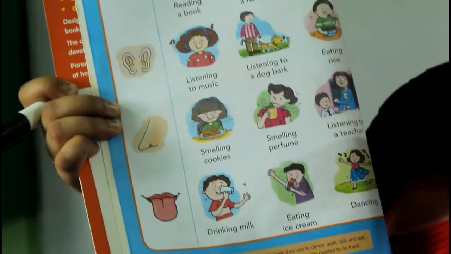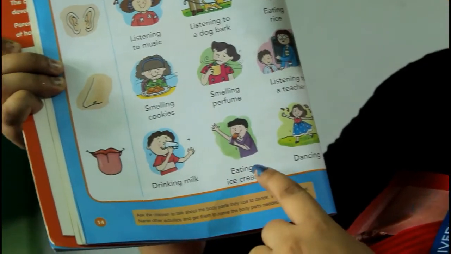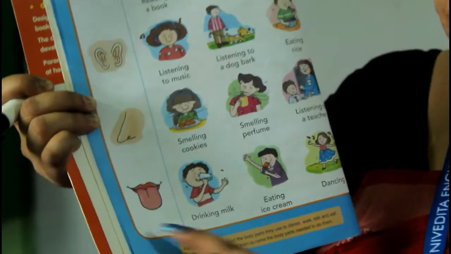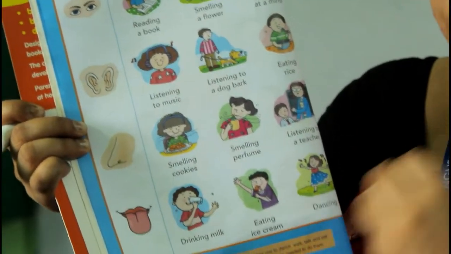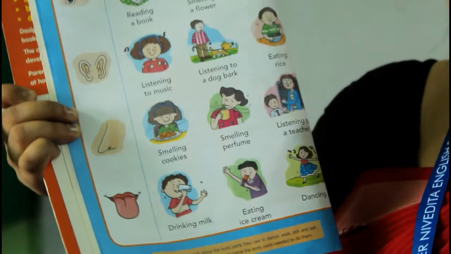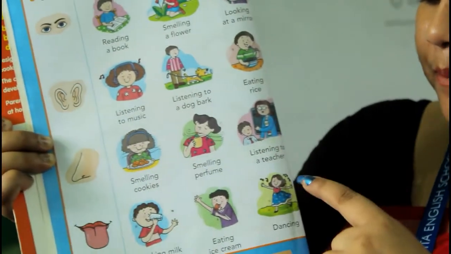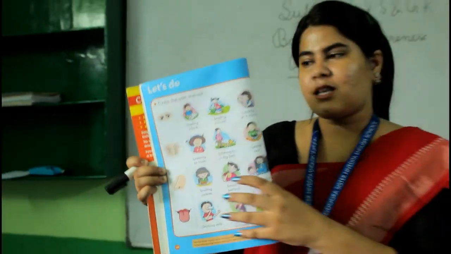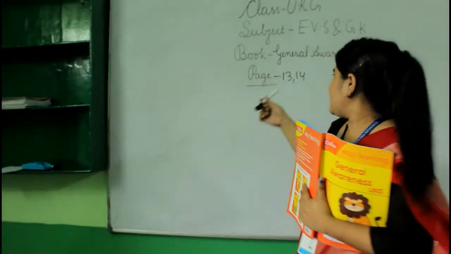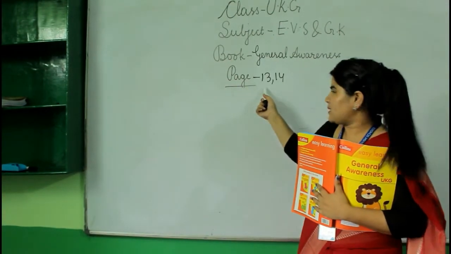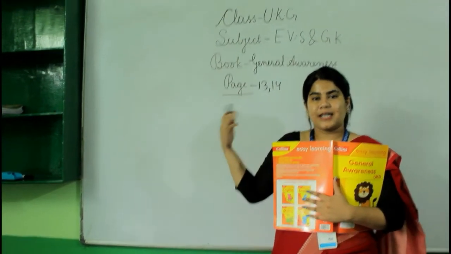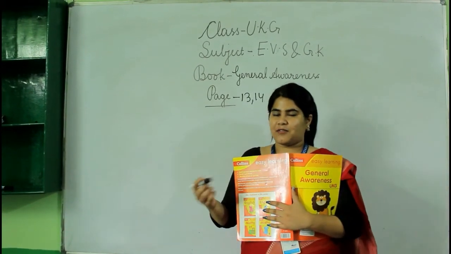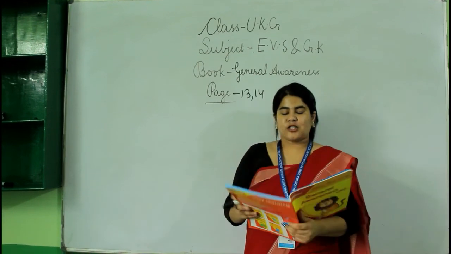Here the tongue is to taste: drinking milk, eating ice cream, dancing. We use our hands and legs to dance, okay? But we use tongue to taste the food. So drinking milk and eating ice cream, we use our tongue, but this one is incorrect, so you will circle this. Alright students, in this way you have to complete page number 14, and for page number 13 you will read the sentences at your home and take the help of your parents if required. Okay, so students, let's read